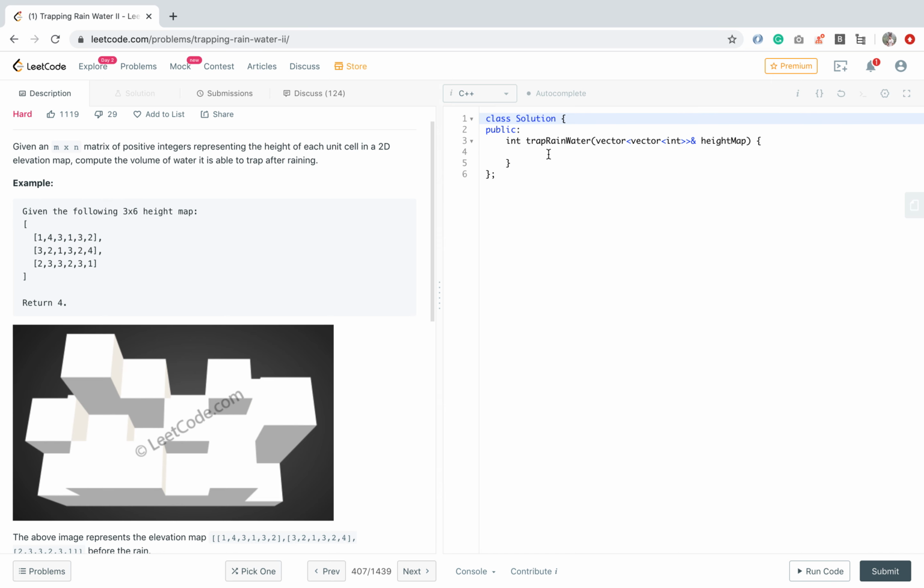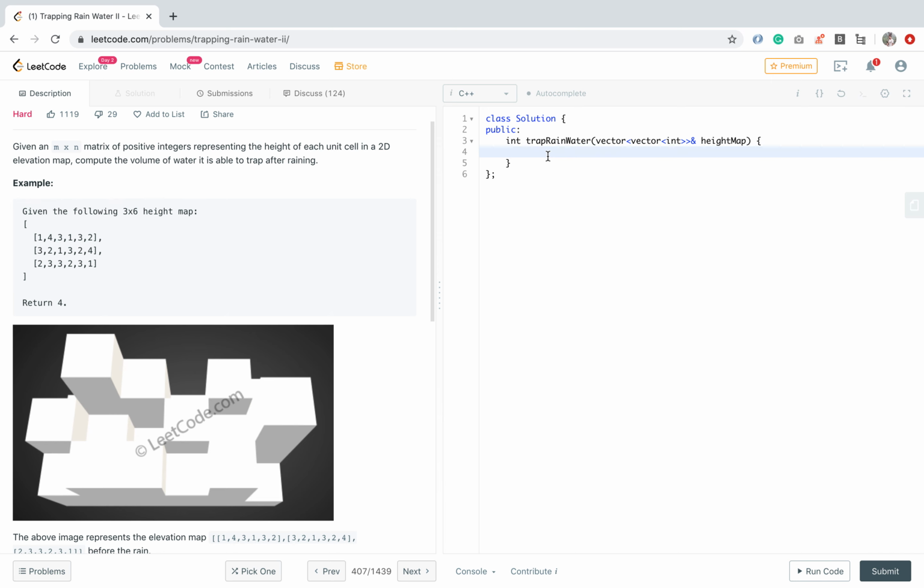In C++, for heap implementation there is the priority queue library, and to take all three data points together we will use a tuple. We sort this priority queue on the basis of height, and in the tuple we have height, x coordinate, y coordinate.